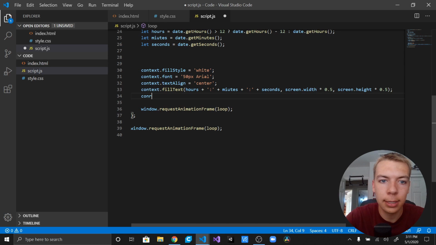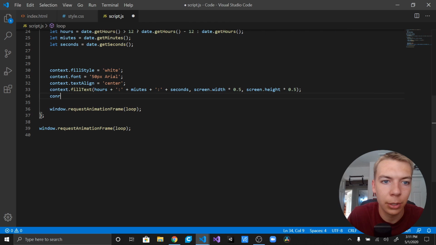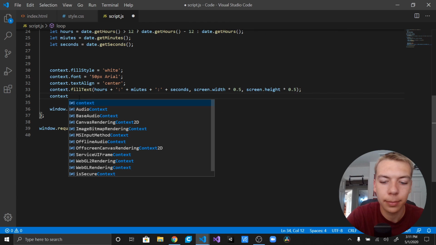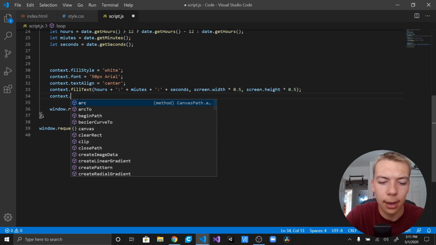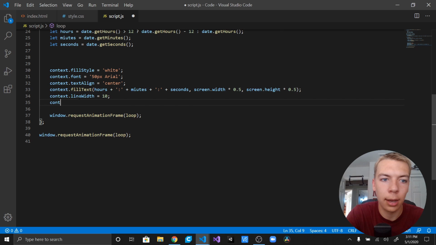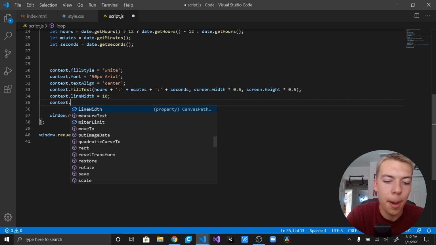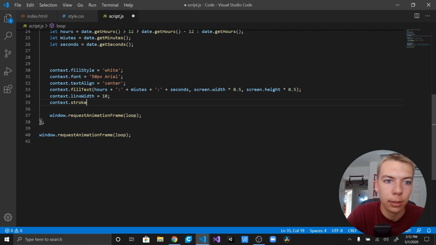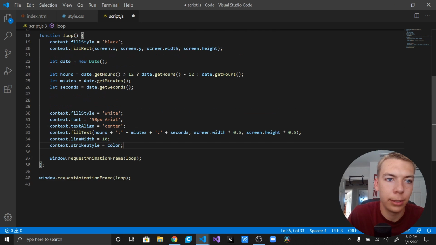Now we're going to say as context, we can probably close this file explorer. Context dot line width is going to be equal to like 10, I guess. 10 pixels. Context dot stroke style be equal to, that's something we need, a color. And so we'll just pass that here into our